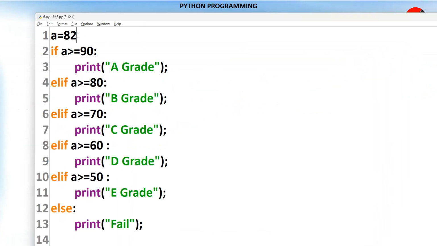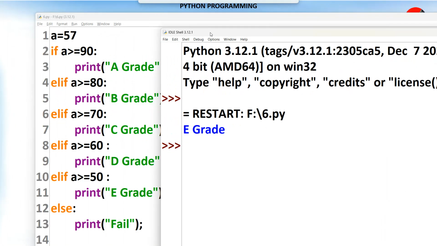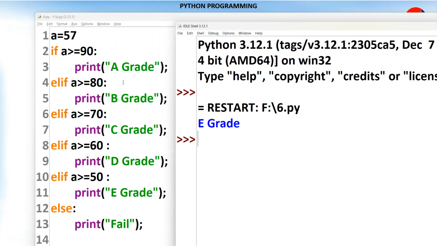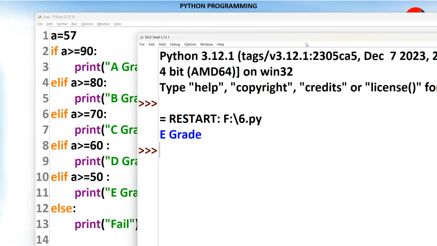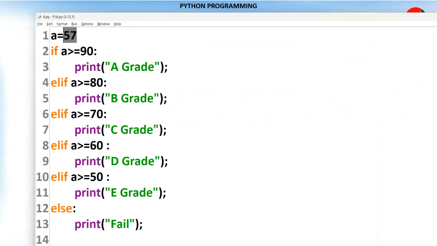I want to change the mark again, for example, 57. Save the program and run the program. I can get E grade. E grade is nothing but the value is in between 15 to 60. Suppose the value is less than 50, suppose the value is 44,